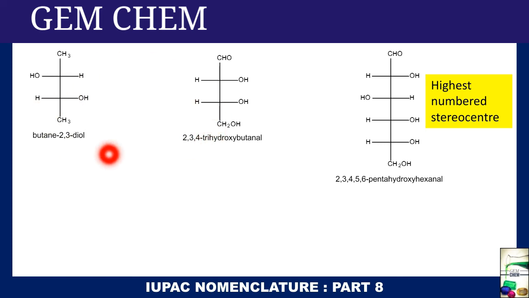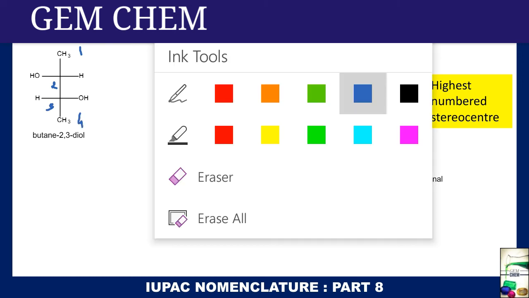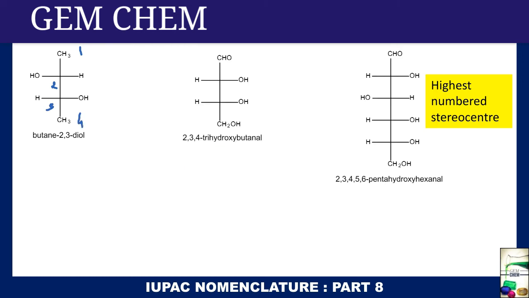So we will name it with respect to the highest numbered stereo center. But also, just like seen in anti, when the number of double bonds is more than 1, then also we had assigned with respect to the number of carbon atoms present. So here also we will do 2 types of things. First we will consider the highest number of stereo centers. So consider here, this is 1, this is 2, this is 3, and the last one is 4. And the highest numbered stereo center is 3.